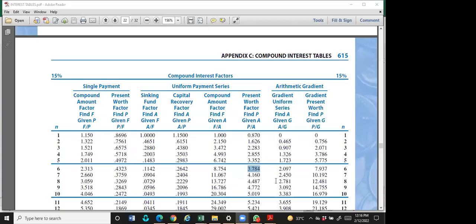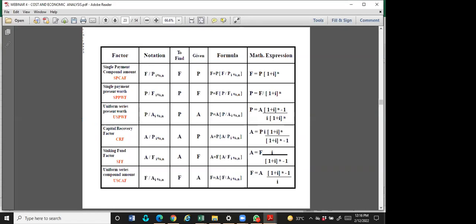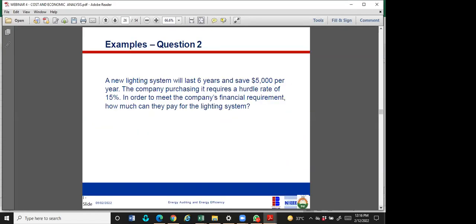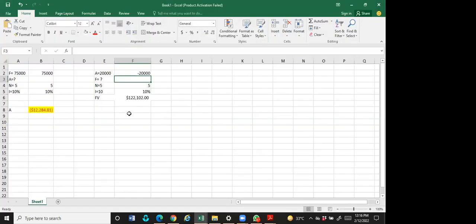So look at it. This is it. So that's the question. So we'll move to the next question. Sorry, can we transfer it to the Excel formula? Okay. So for the Excel formula,